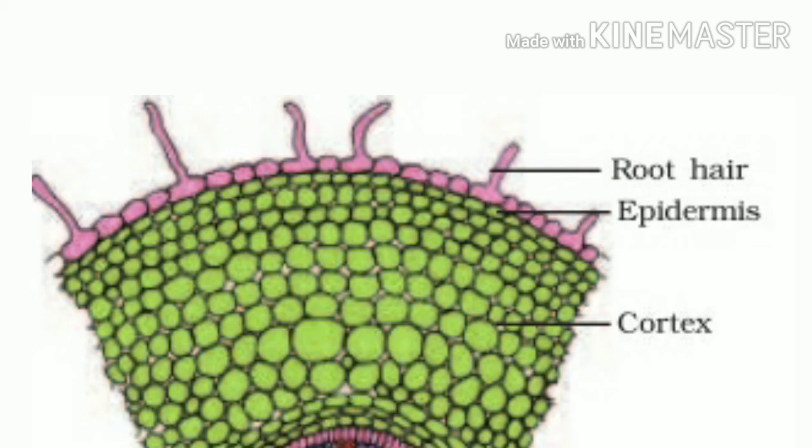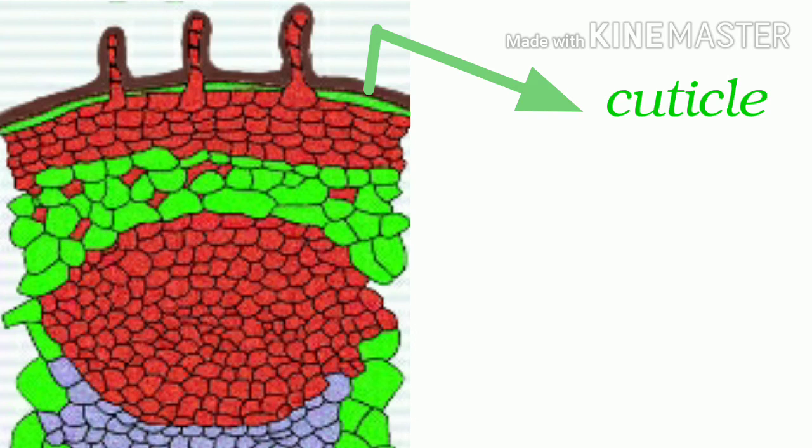Epidermal cells are made up of parenchymatous cells with a small amount of cytoplasm and a very big vacuole. The outside of the epidermis is often covered with a water resistant substance called cuticle. It is a thick layer of waxy covering. This cuticle layer is found on all parts of the plant except the roots, because roots have to absorb water, so they cannot have a water resistant substance covering them. So cuticle is absent in roots.